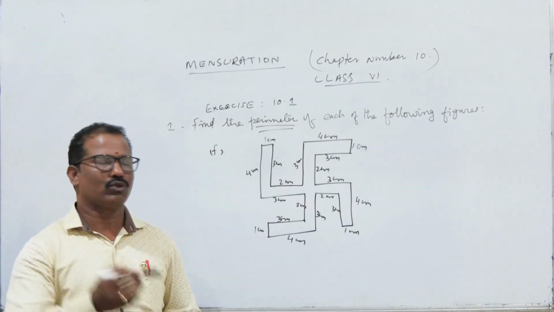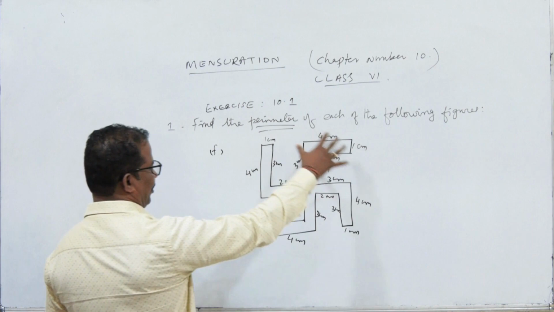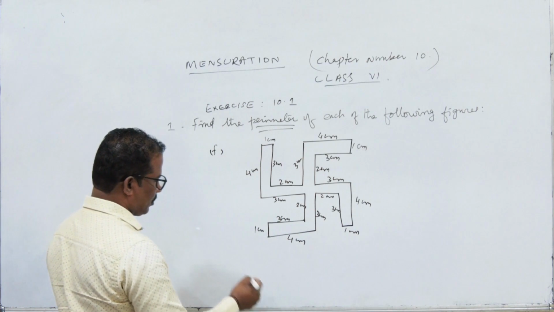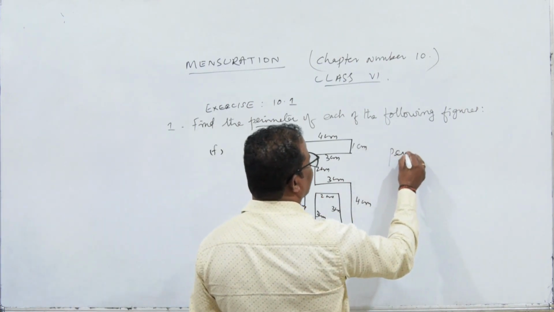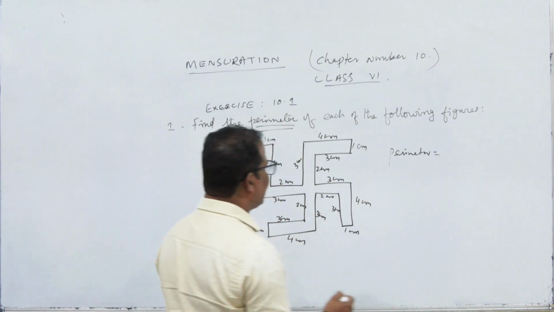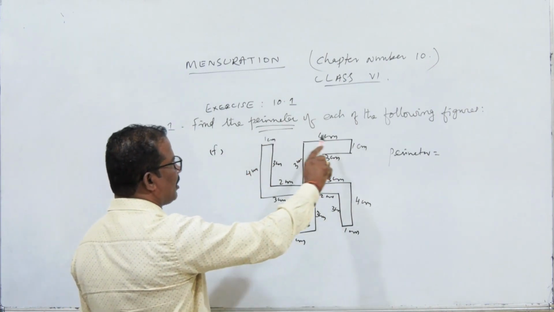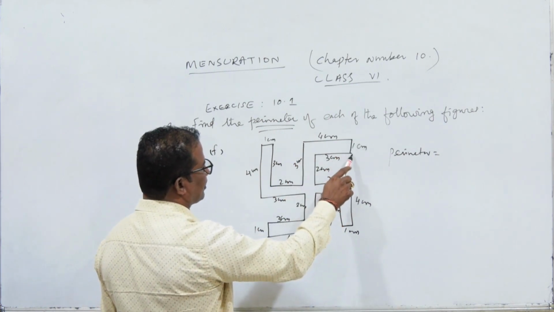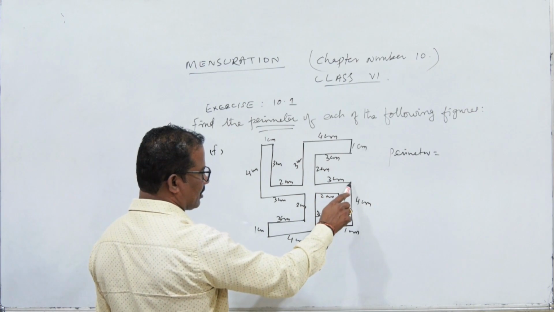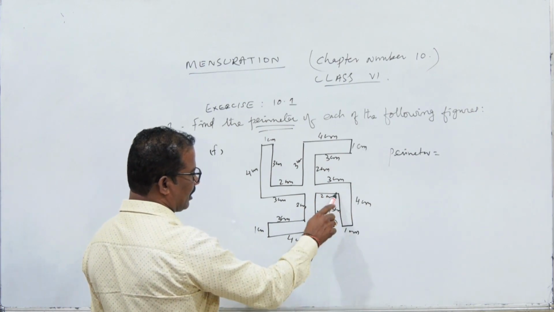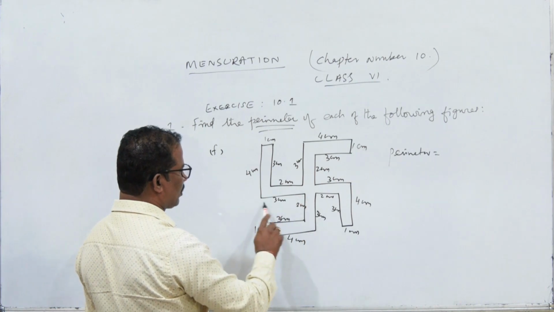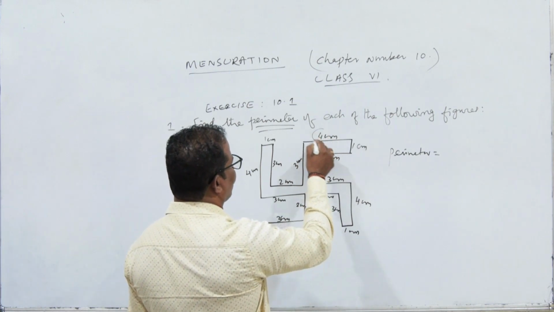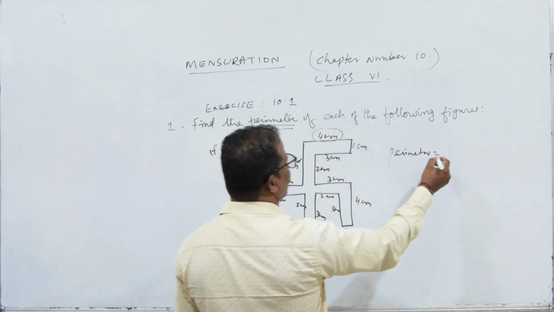Understand? See in this question, it is a complex diagram that is given, and they ask to find the perimeter. So we can find the perimeter in a simple way. The perimeter is the total length of the boundary. The boundary starts from, say, from here. This length, then this side, this length, this length, this length, then this length, this length, this length, and all the boundary total length will give us what? Perimeter. So we can start from here, from this length onwards. Okay. So here is how much?